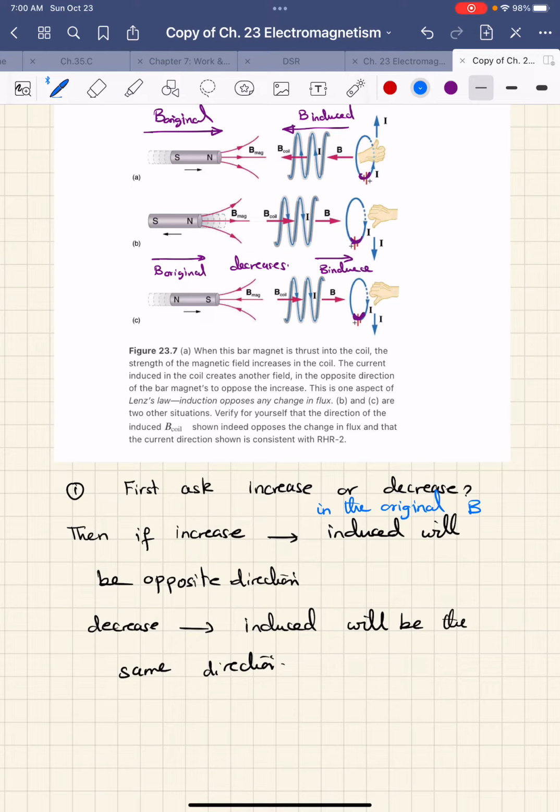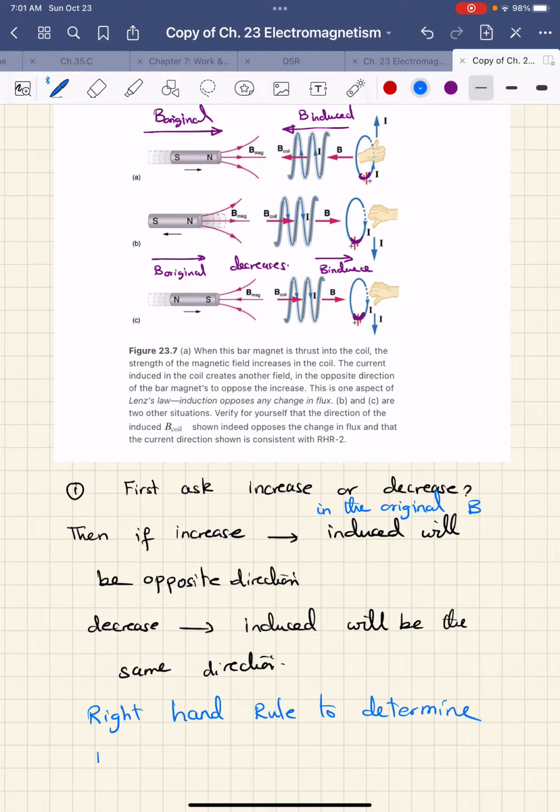If increase, induced will be in the opposite direction. If there is a decrease in the original, induced will be in the same direction. And then you will use the right hand rule to determine